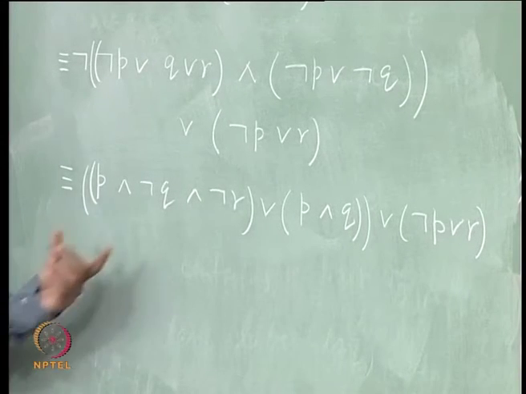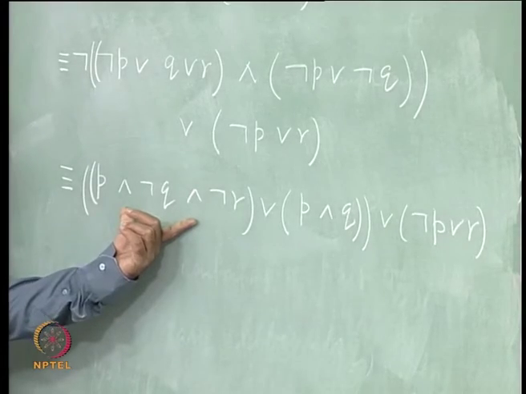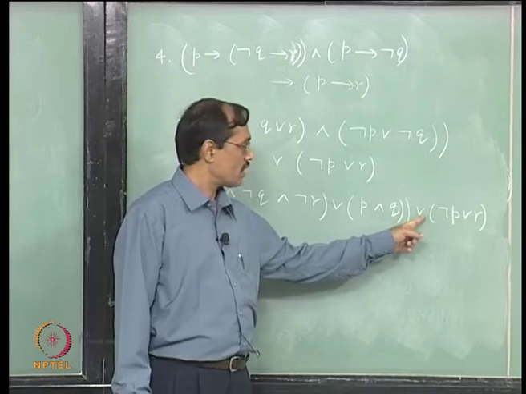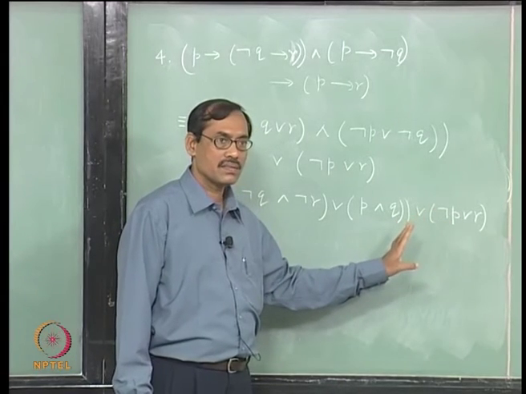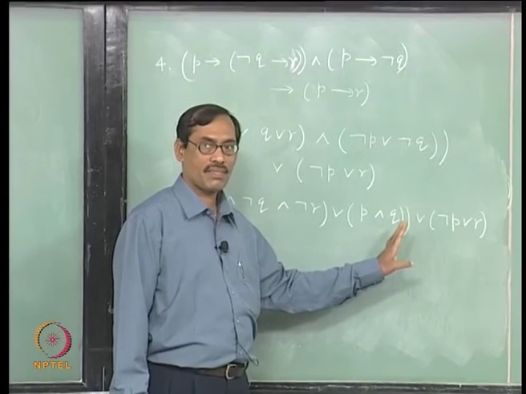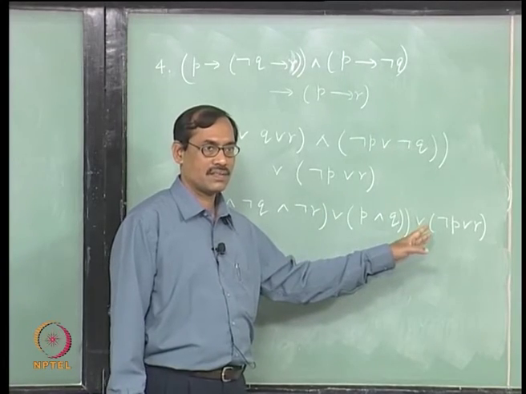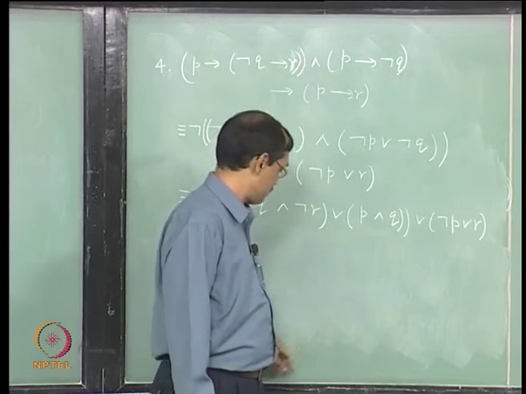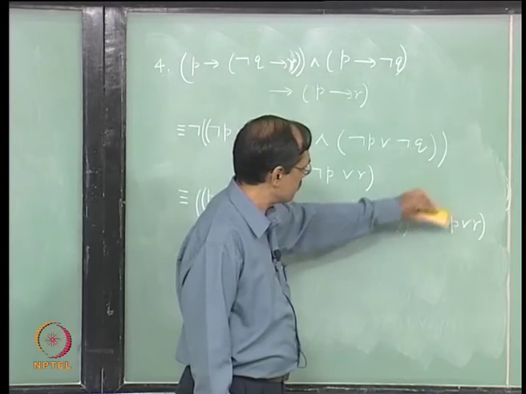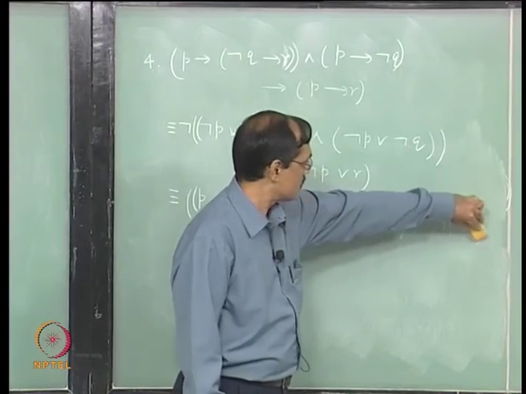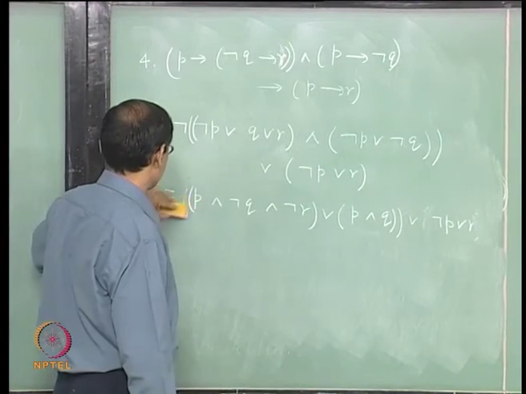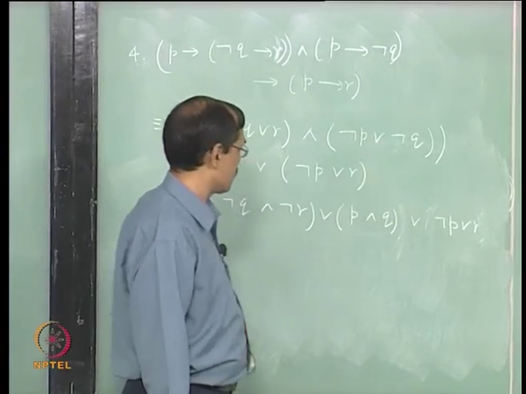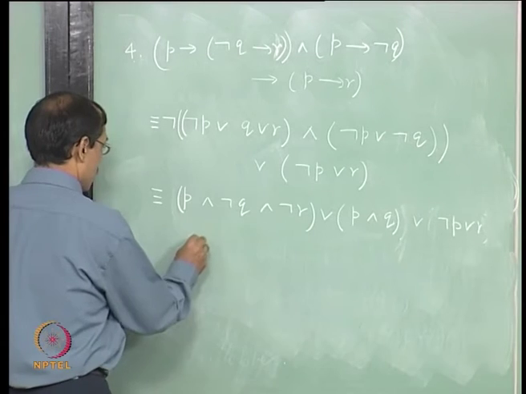Right. Now you observe this is a conjunctive clause, this is a conjunctive clause, OR is here, OR is also here. So I should remove these two brackets, that is all, they are all ORs, fine. So that not P itself will become a conjunctive clause. So I just remove this and remove this. Right. So this is in DNF.